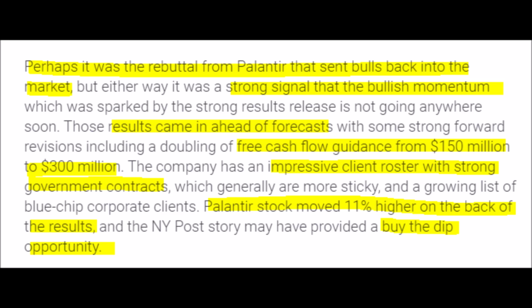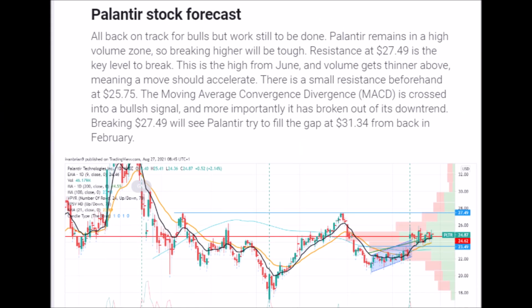Regardless of the reason, it's good to see the PLTR stock price rally, especially after the company came off of strong financial results where their free cash flow doubled from $150 million to $300 million. But even if the stock price does dip when this news is more well known, I will treat it as a great buying opportunity. Currently, the PLTR stock is looking bullish, and right now, the bulls need to focus on